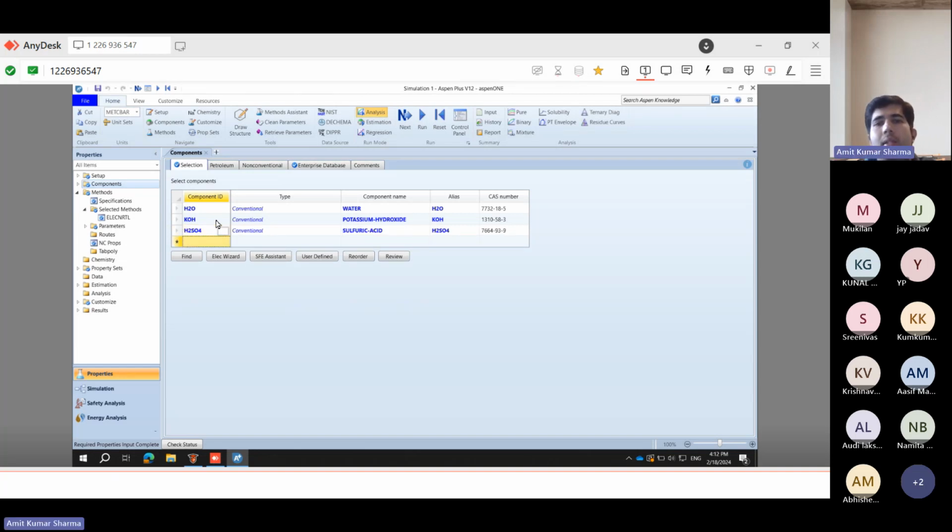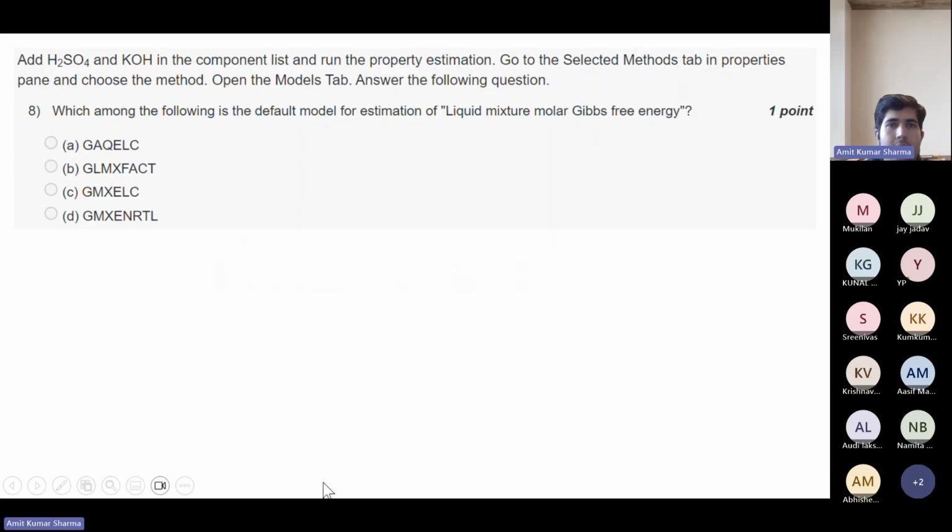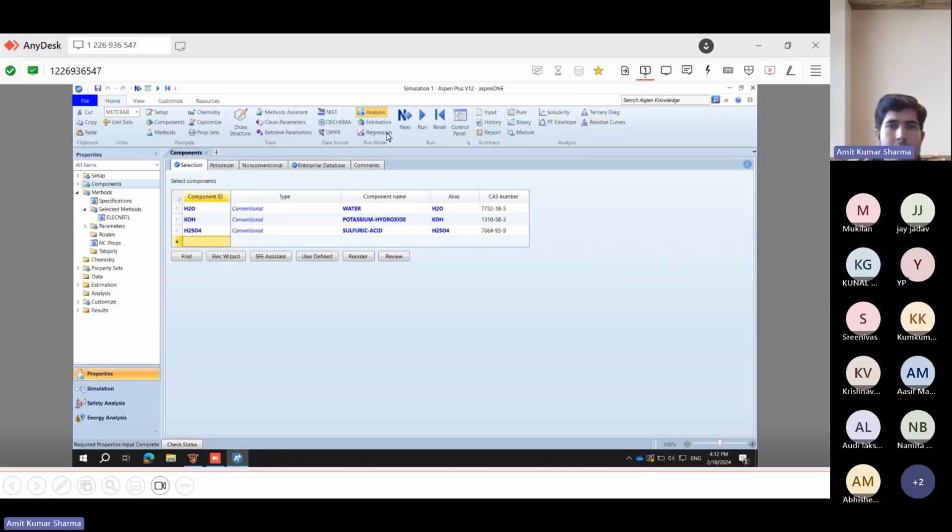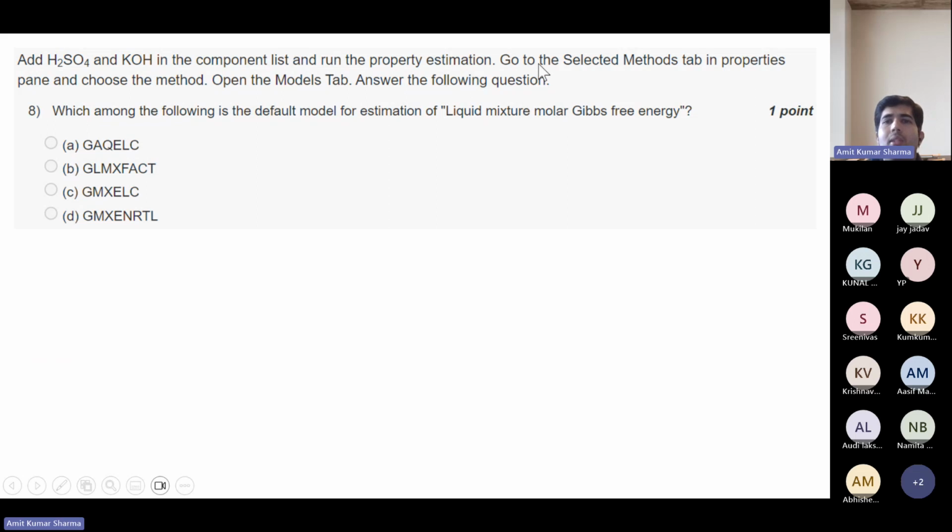Okay, you have selected the components, then the question says you have to run the property estimation. Then just run it. You can see at the left bottom results available. So you have run it. The results are available from the properties. Okay. Now go to the selected methods tab in the properties pane.